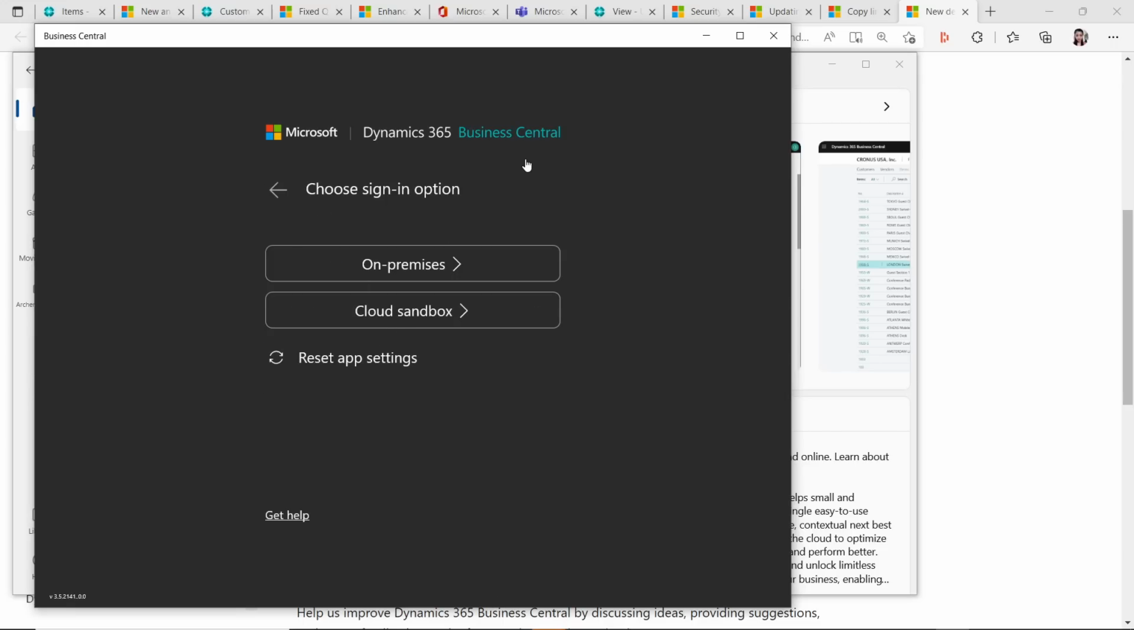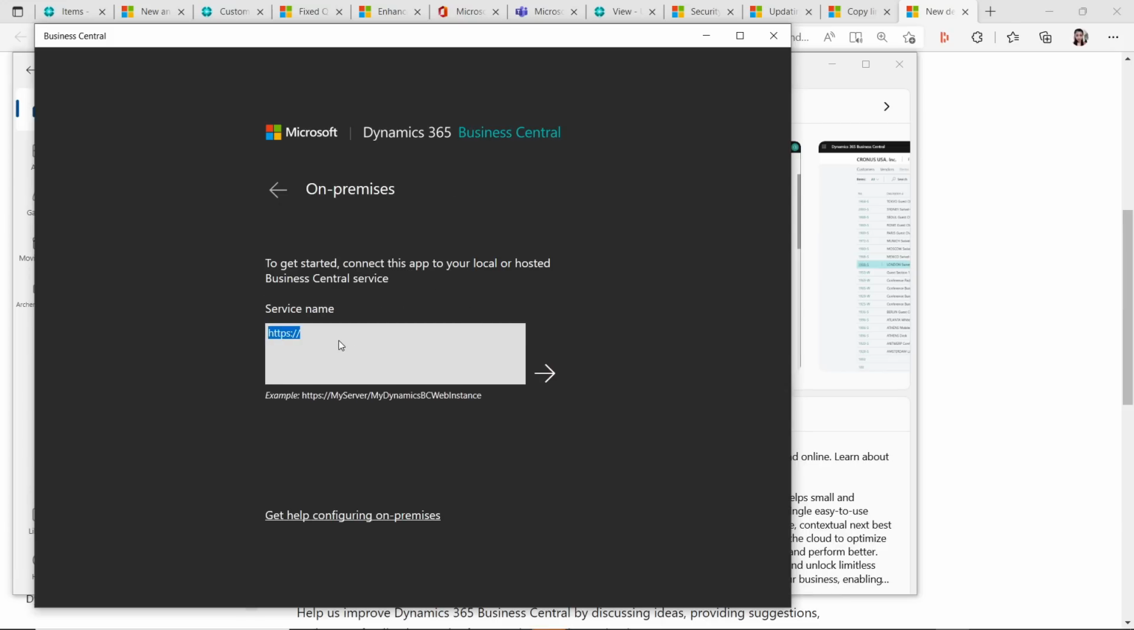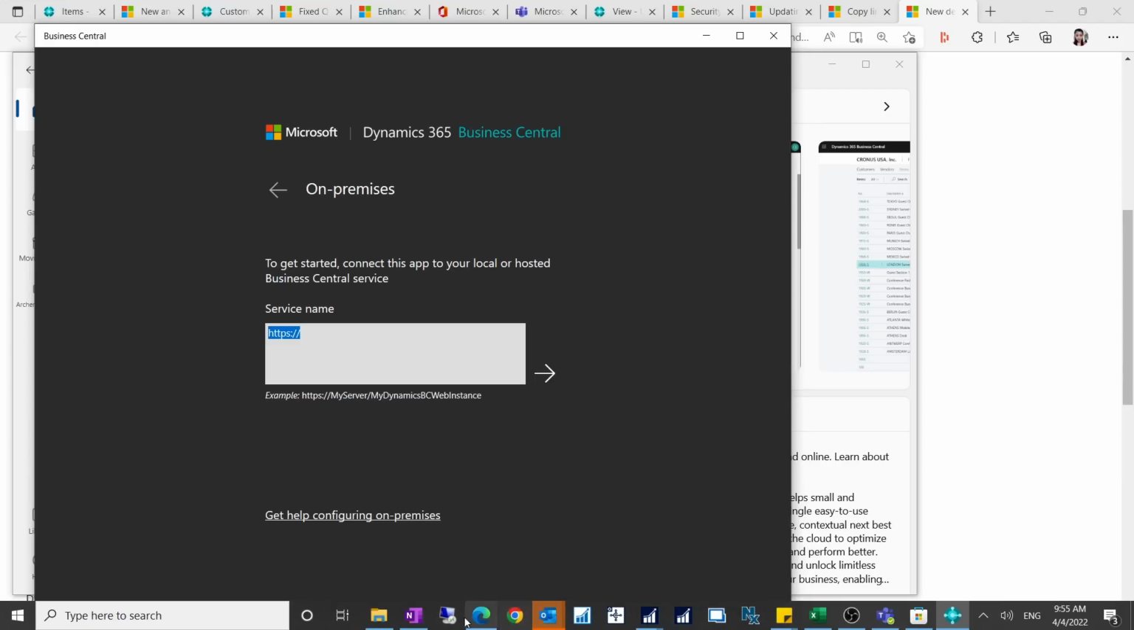As I said, this legacy app is for you to connect to your on-premise. Microsoft left it to still enable you to connect to your on-premise Business Central tenant. So when you click on this on-premises, here you have to put a URL which has the SSL enabled, which is a secure port for me, because I have